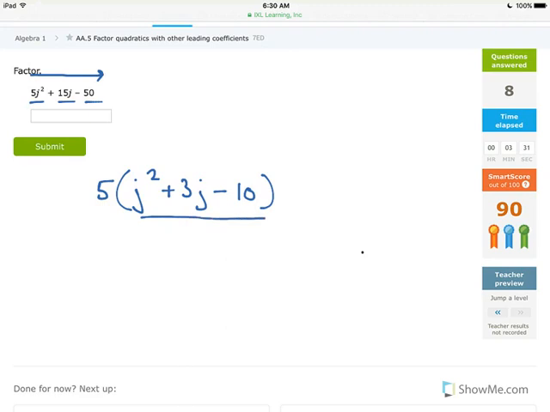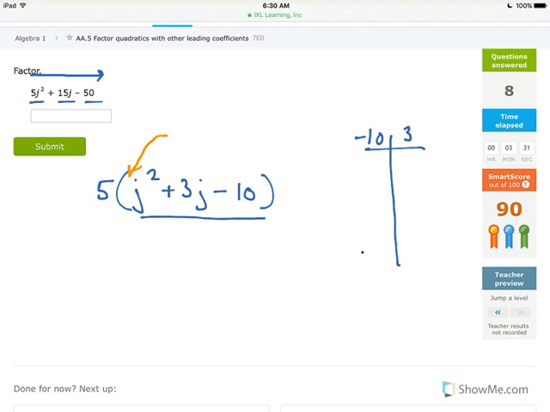Notice on this one you actually don't have a lead coefficient. Your lead coefficient is actually a 1 right here. So now you can just use the factoring technique that we were using a few days ago. So in one of the earlier modules, when we had a lead coefficient of 1, what we were saying is to factor this, we just need to find factors of the back, the negative 10, that sum up to be the middle, which is 3,